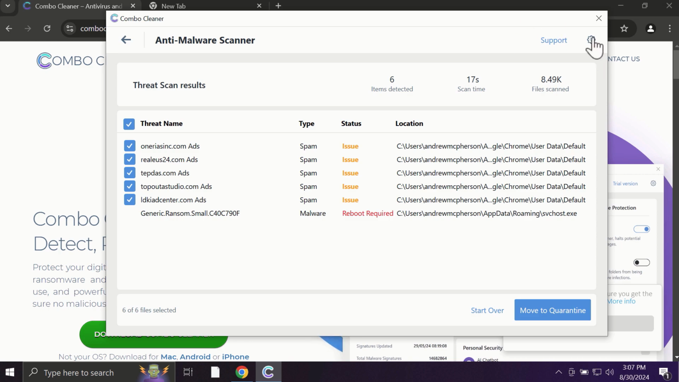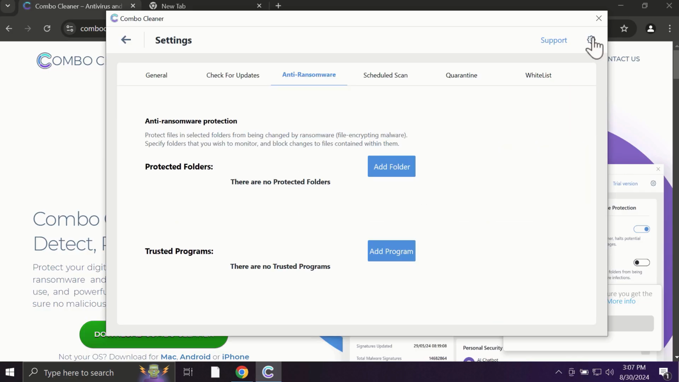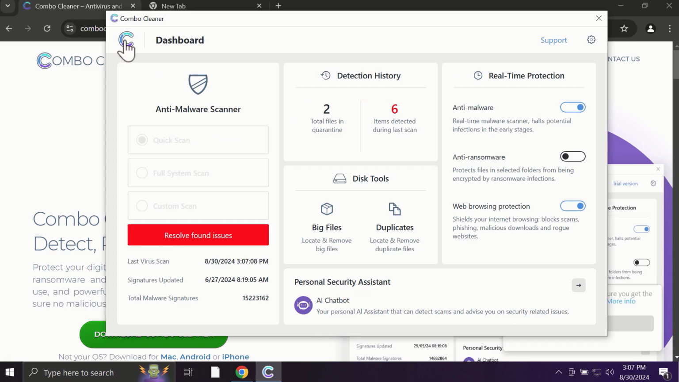With the premium license, for instance, there is an excellent anti-ransomware feature which helps to always keep your data protected. You can add certain folders on your system, and the contents of these folders will be always under the protection against ransomware attacks. And Combo Cleaner works extremely well when it comes to identifying contemporary threats like adware,